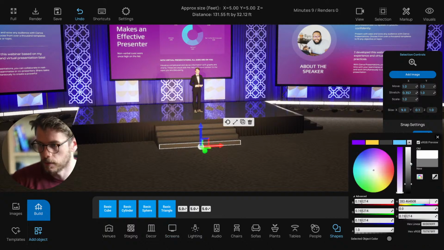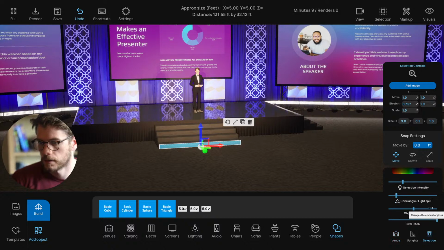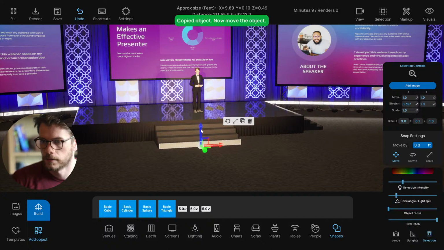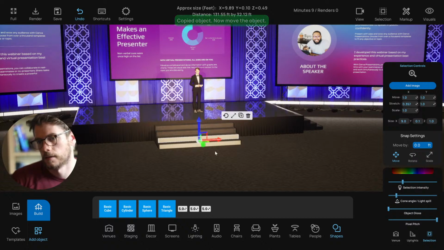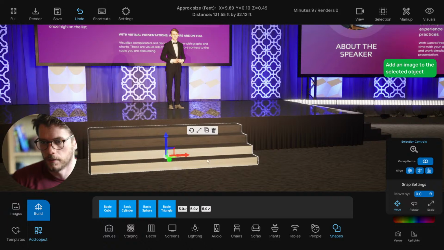So from here I would just go in and maybe change the color of it. Maybe it's like a gloss. Maybe it's just white, I don't know. And then you could just copy paste them. Or you could do something again, maybe smaller, where